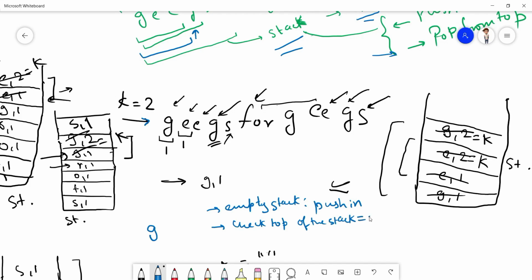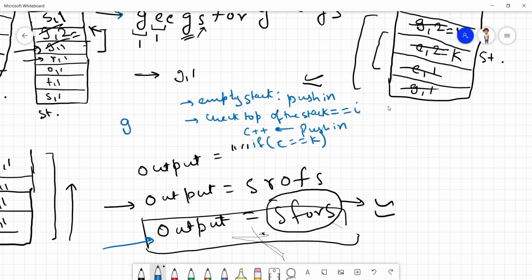If it is equal to i, increase the count and push it into the stack.